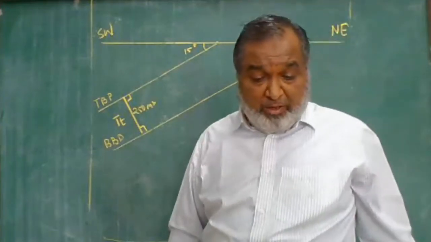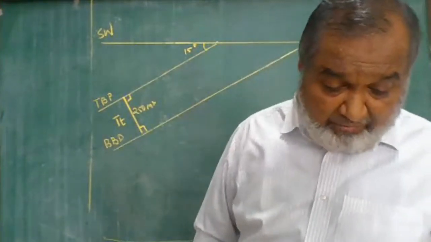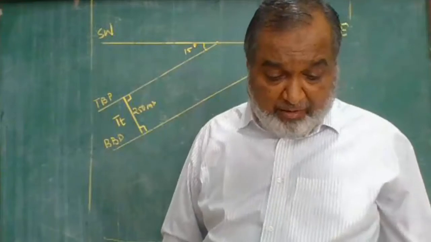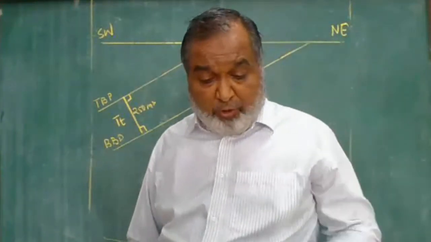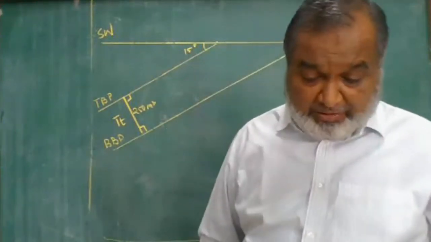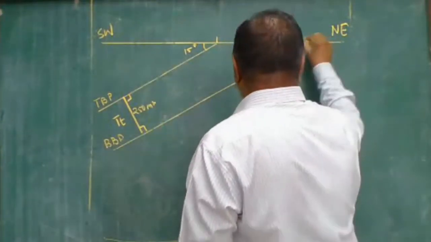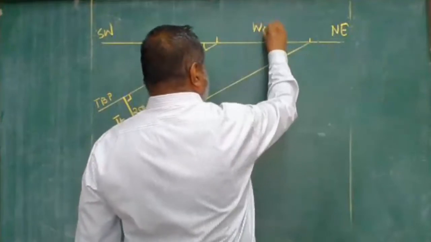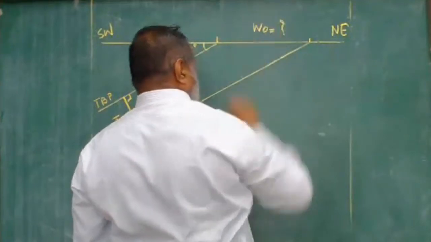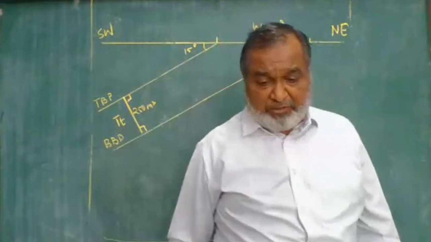So hill slope over which the limestone will have a width of outcrop 250 and the width of outcrop on imaginary horizontal surface southwest northeast. So this is here. So this is your width of outcrop on southwest northeast. You have to find out. So this is your first answer.